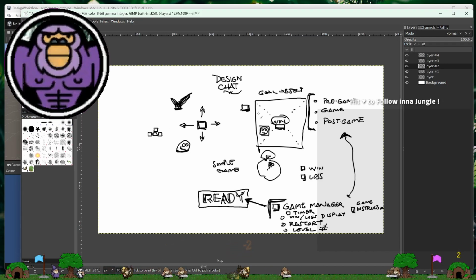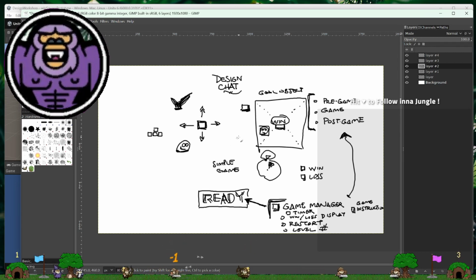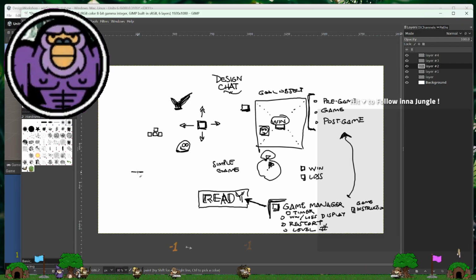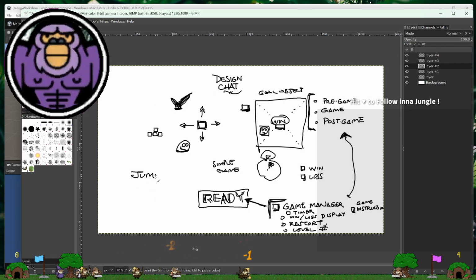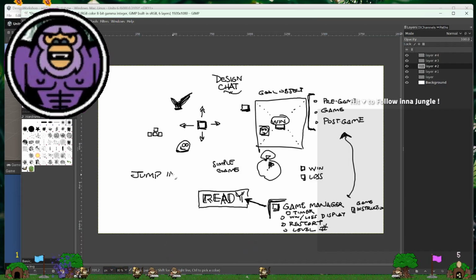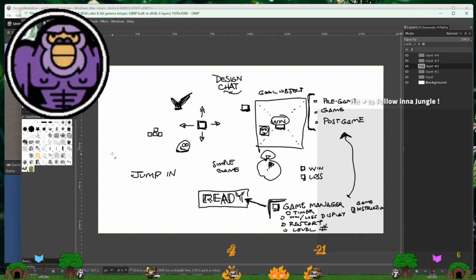To jump in the win square or move into the win square. Actually, I like the word jump in. That's kind of cool. It's like a call to action, right? To jump into the win square is sort of like the whole idea of the game.